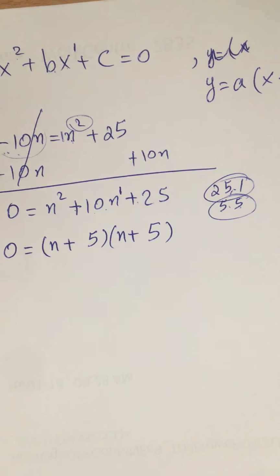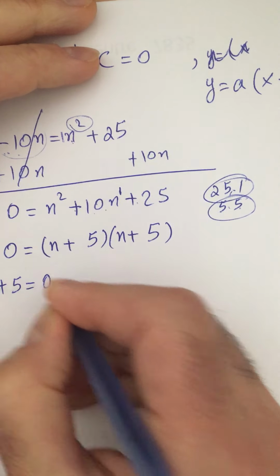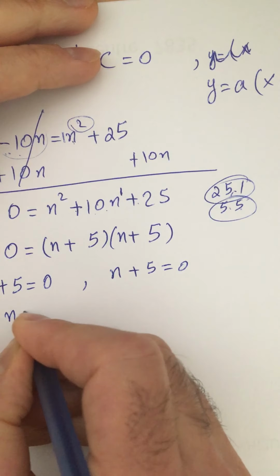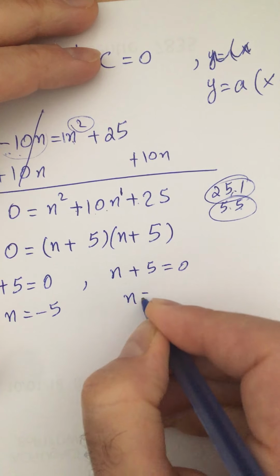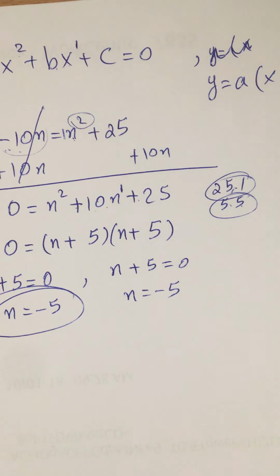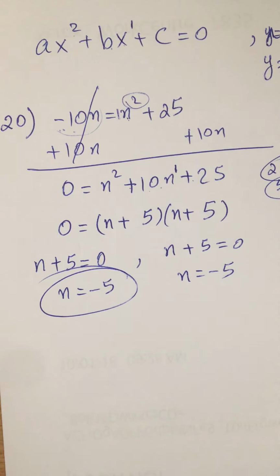Now, we use the zero product property that we discussed last week. That means we set each term equal to 0, and we solve. And it just happens that both solutions are exactly the same, so n equals -5. So we solve this quadratic equation by the method of factoring. Okay, let's go to problem